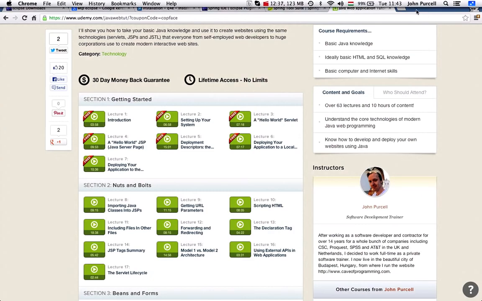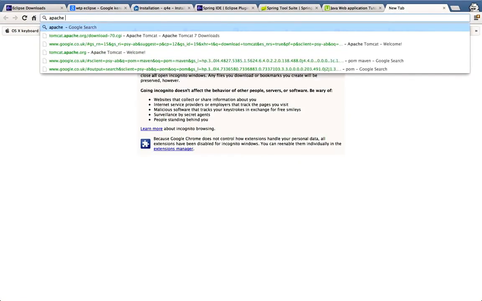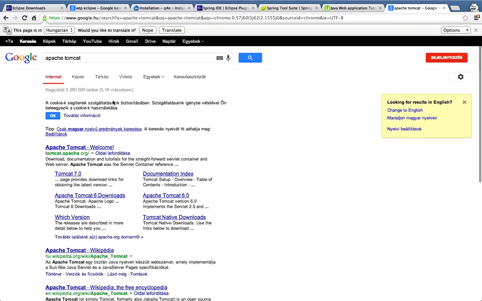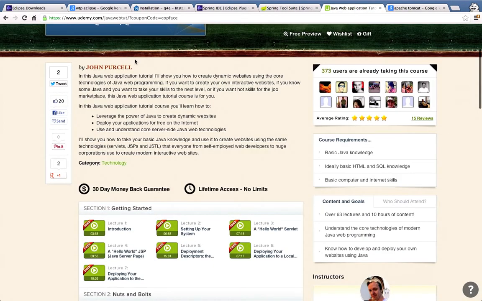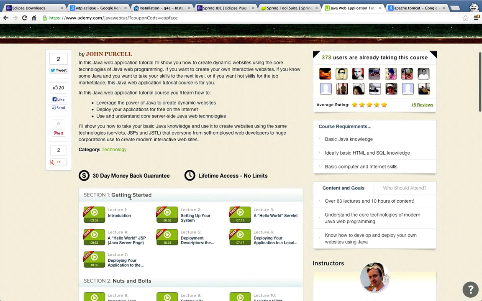So just search for Apache Tomcat and install that and get it running on your system. And then once it's running on your system, you can shut it down and then start using it from within Eclipse. And if you need more information on that process, again, I'll refer you to my Java Servlets and JSPs course, which you can find on